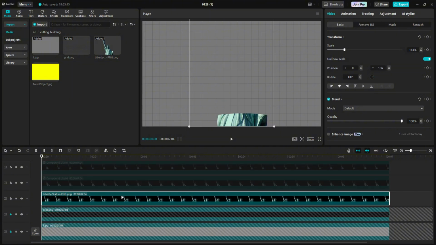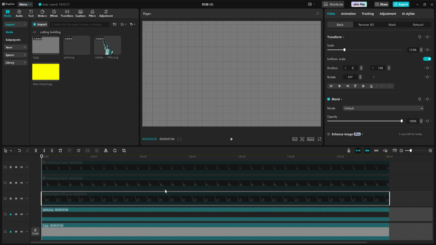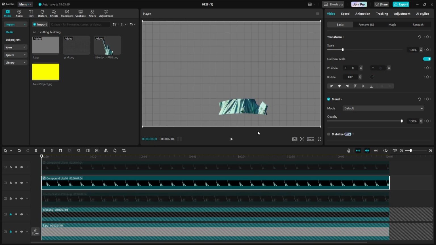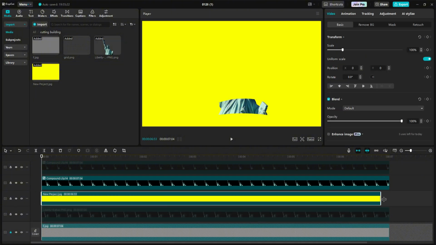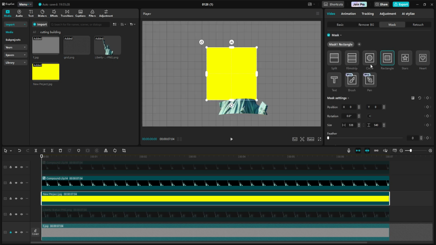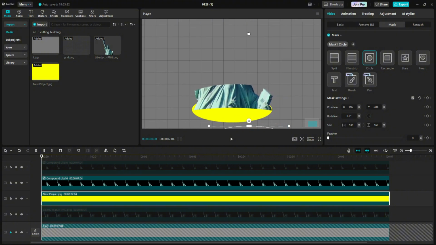Now it's time to turn each part into 3D by using this yellow color overlay. First, let's place the yellow color overlay below the second part layer because we're going to make that part 3D from the bottom perspective. Now let's use the circle mask again to shape it into flattened circle.